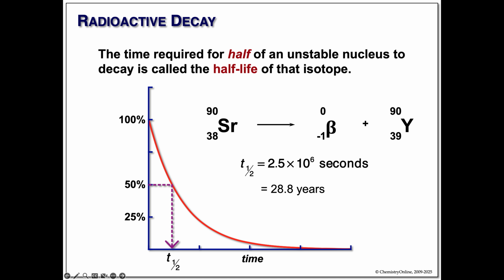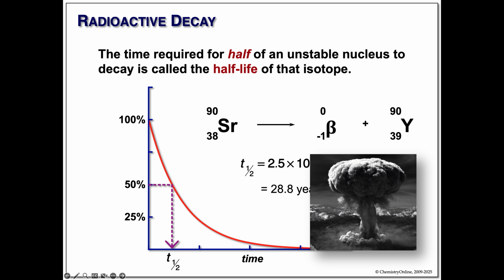Now, strontium-90 is something that is dear to the heart of people that were born in the 50s and early 60s because it's a component of fallout. During that time, people were figuring out how to make bigger and better bombs, and they exploded them right out in the open. When they did, they picked up huge clouds of this dust, went up in the stratosphere, circled the world, and eventually settled and rained down. Strontium-90 was one of the things in the cloud.